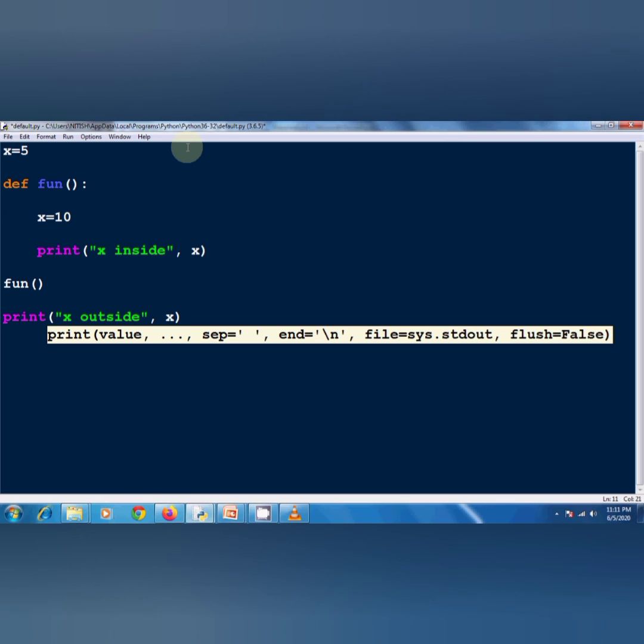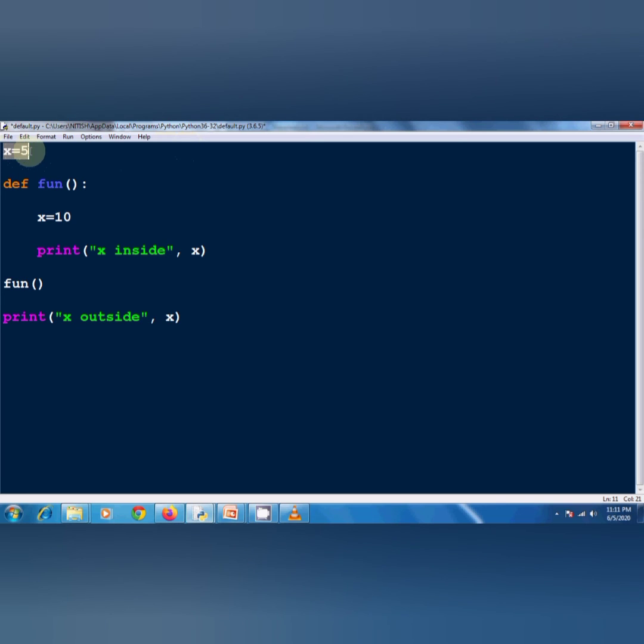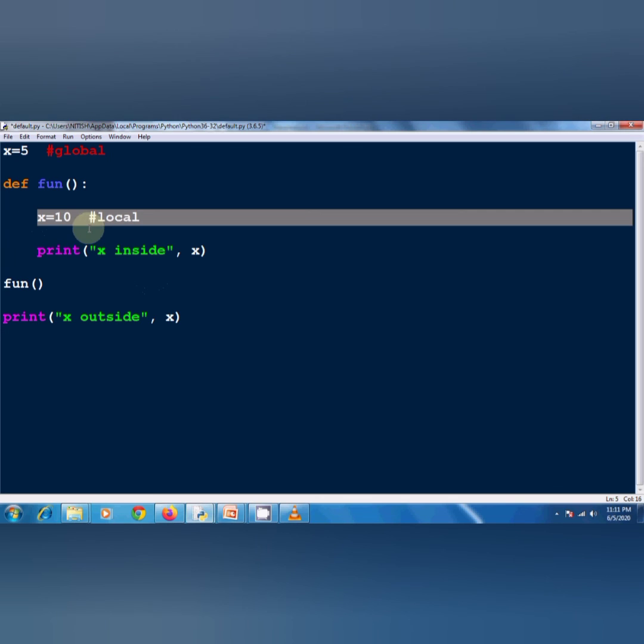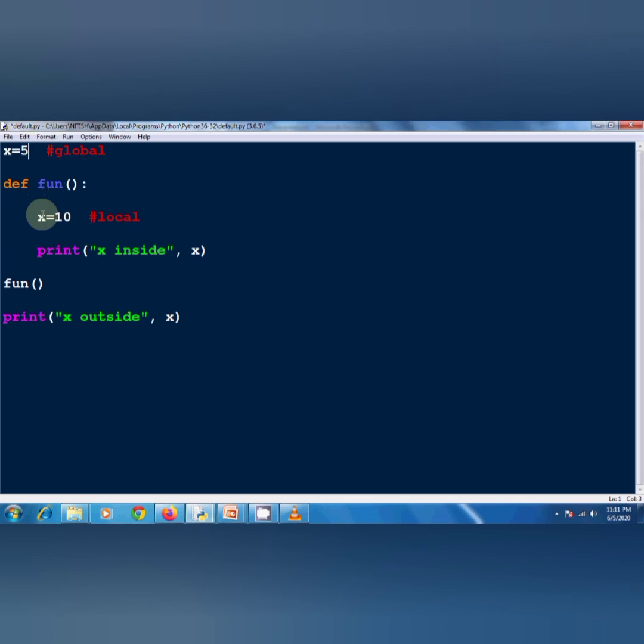See what will happen when we access the variable inside the function: it will produce output as 10. Reason? Because the priority of the local variable is higher than the global variable. So inside the function it will use the local variable and outside the function it will use the global variable. Simple. Got it?